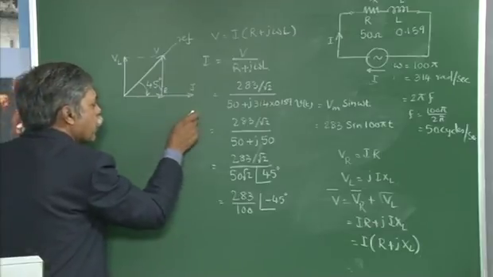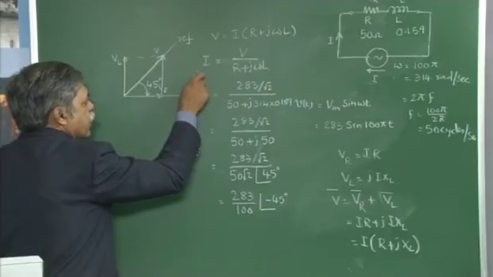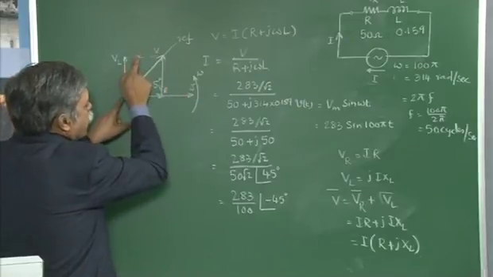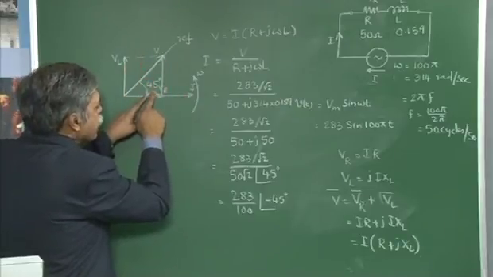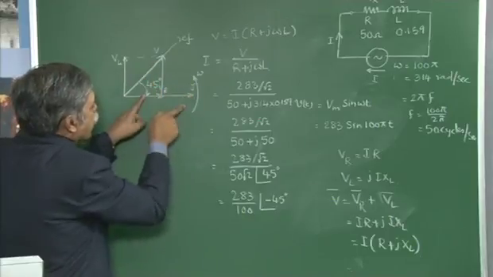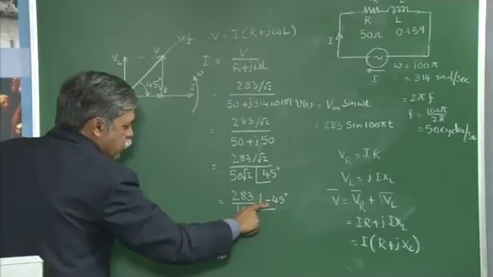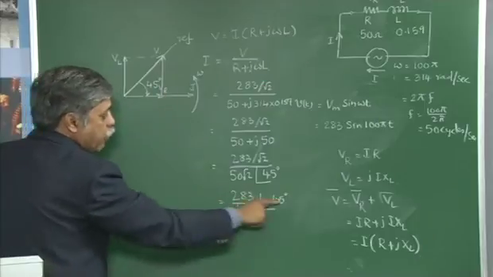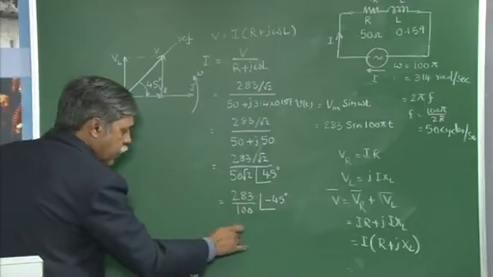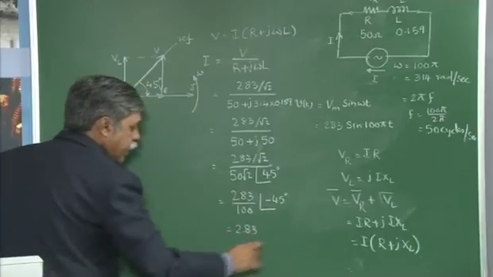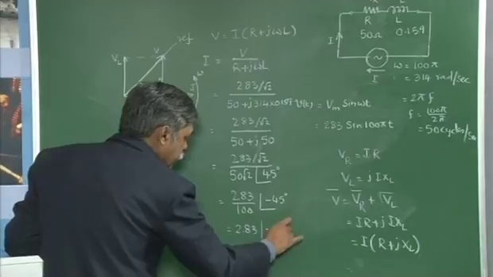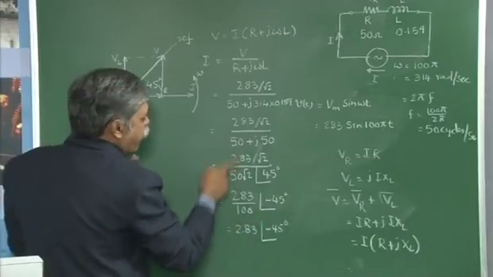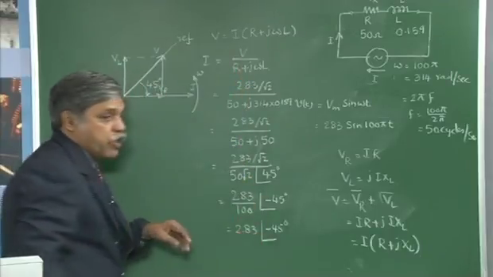When you rotate these two vectors in the counterclockwise direction at angular velocity of omega, always the current will follow the voltage vector by a difference of 45 degrees. Current lying behind the voltage vector. Therefore, we say the negative sign here, and we say that current in RL circuit is lagging behind the voltage by 45 degrees. Now, this RMS value of the current comes to be 2.83 at an angle of minus 45 degrees. This is the phase of the current, phase of the voltage is 0 degrees. So, the phase difference between current and voltage is 45 degrees.